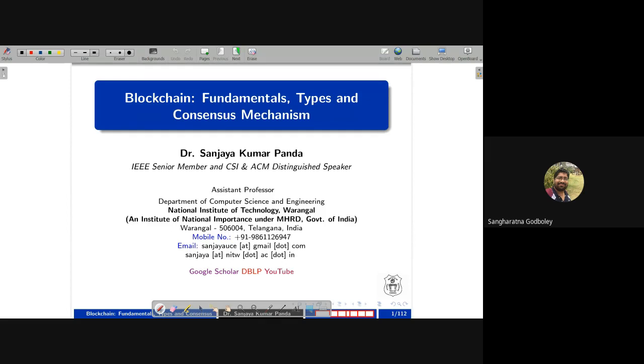Dr. Sanjay Kumar Panda is working as an assistant professor in the Department of CSE at NIT Warangal, Telangana. He worked as an assistant professor and head of department CSE at IIIT DM Kurnool, Andhra Pradesh, and also as an assistant professor in the Department of IT at VSSUT Burla, Odisha. He received his PhD degree from IIT ISM Dhanbad, Jharkhand, MTech degree from NIT Rourkela, Odisha, and BTech degree from VSSUT Burla in CSE. He has 9 years of teaching and research experience, and received 22 awards from IEEE, IEI, ISTE, CSI, and others,